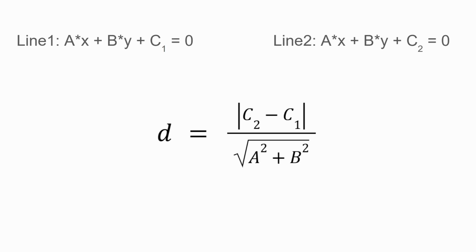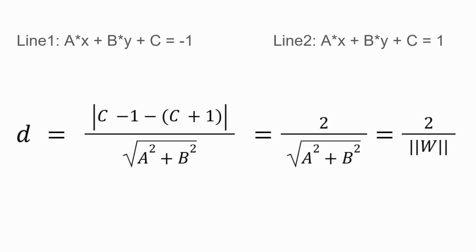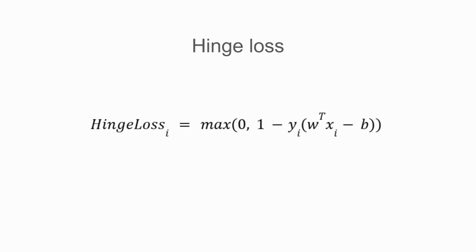If we want to calculate the distance between two parallel lines, we use the following formula. Parallel lines have the same weight vector, but differ by the bias term. For the margin equations, a simple transformation shows that the distance between the margins is inversely proportional to the norm of the weight vector w. To maximize the margin, we need to minimize the length of the weight vector. The second component of the objective